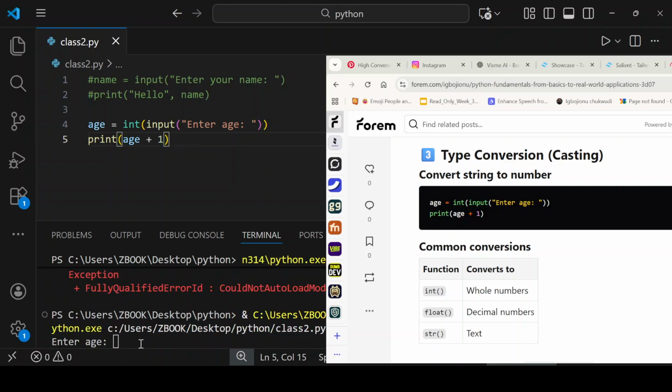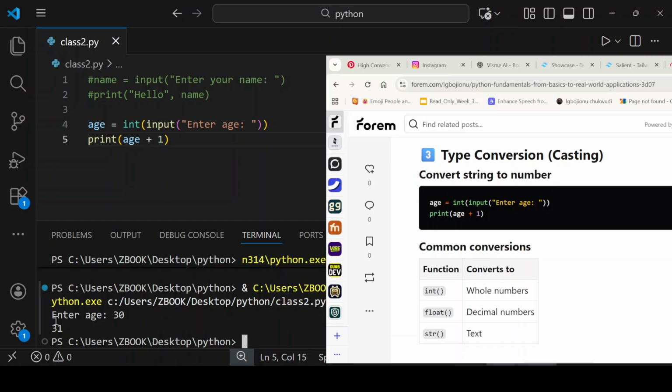Okay, so we're good now. So enter your age. I'm 30. Enter age is equal to... you see it's age plus one, so it sees it as